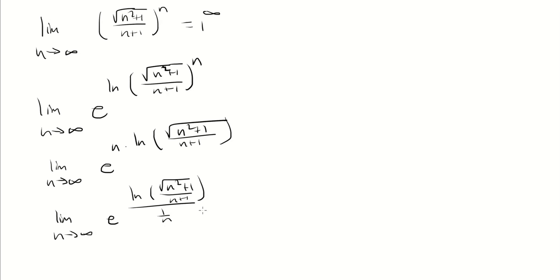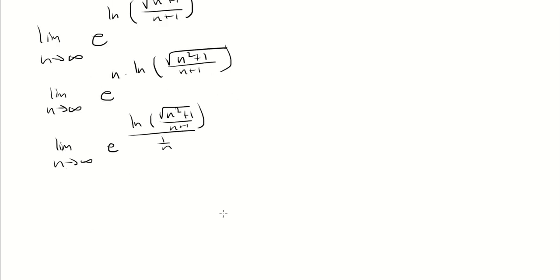At this point, we know that as n approaches infinity, the inside of the natural log goes to 1. So you have natural log of 1 is 0, and then 1 over n also goes to 0. So we can use L'Hopital's rule. And we can also bring the limit as part of the exponent. So bringing it as part of the exponent, you get 0 over 0, you use L'Hopital's rule, and that says